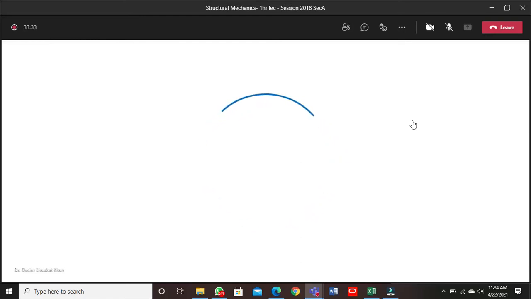Okay. So this is my z-axis. This is my x-axis. And this is my y-axis. Any confusion? Okay. Then now we have